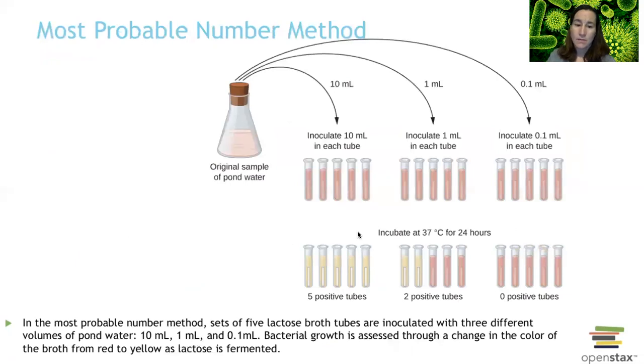Another method of calculation is called the most probable number, MPN. So we said that different bacteria have different types of metabolism. They can handle all sorts of different types of energy sources, different sugars, other types of substances, and sometimes they may be able to handle one sugar and not a different type of sugar. So in this one,